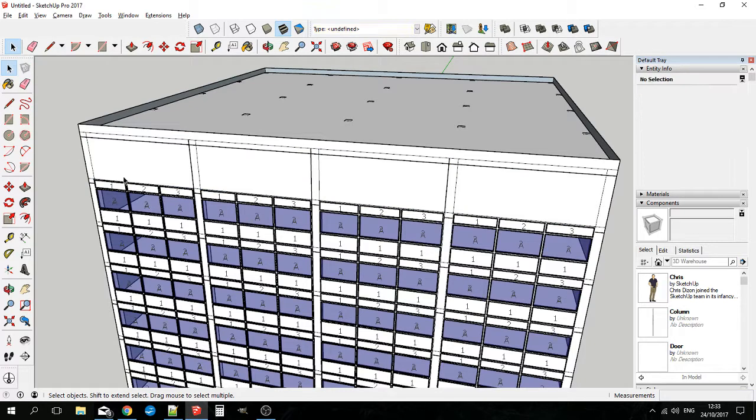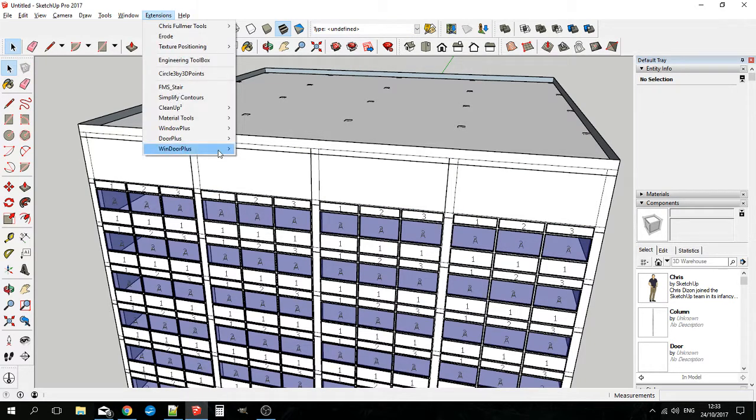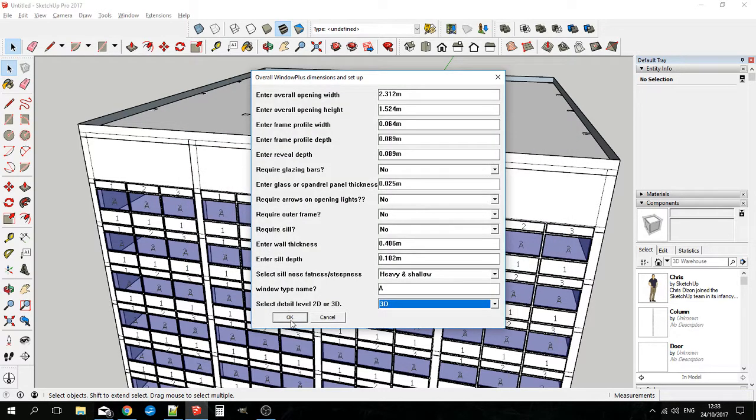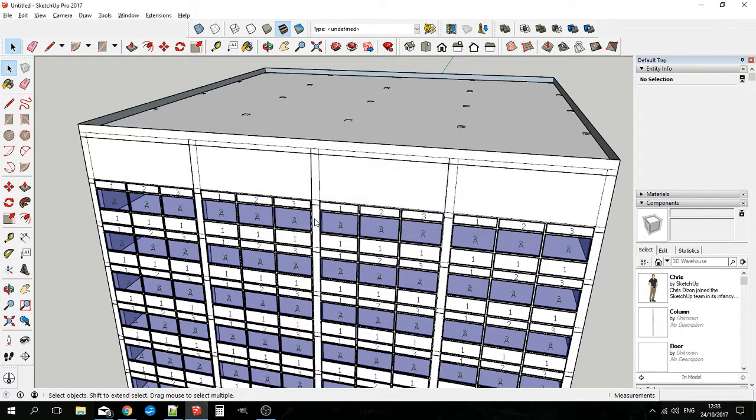So I'll just delete that and we'll create a new one, and it's going to be the same general format as before. We'll have a transom window, but it'll be a completely new panel, and the width is the same as before at 6.937. There's no doors, so we can ignore that. 2.4, and it will have a transom window, so that's okay. We'll just go through all of that quite quickly,